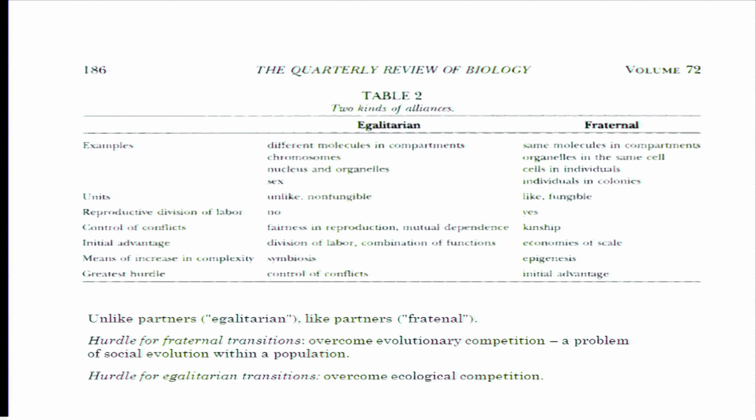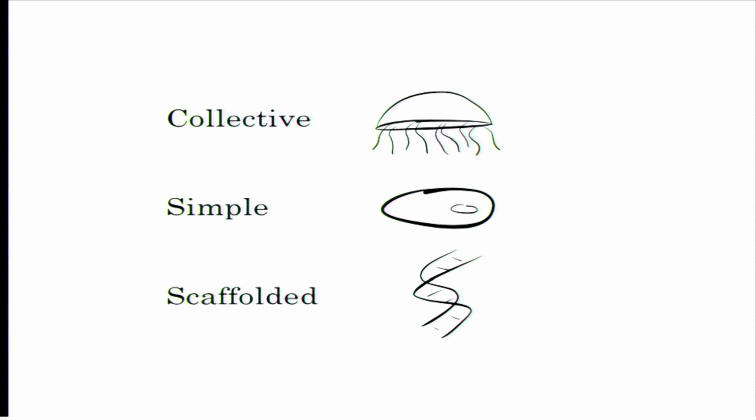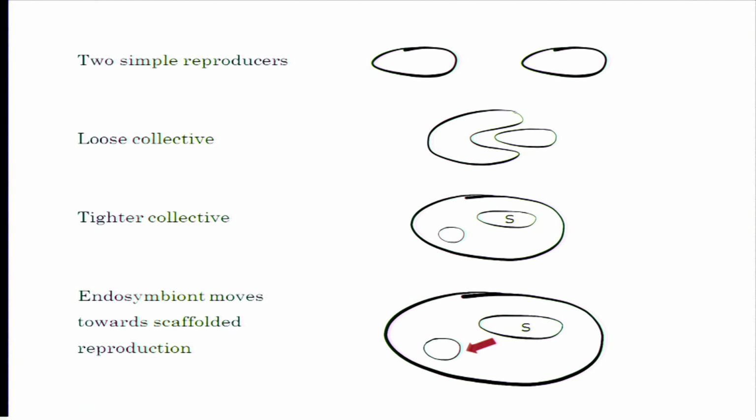Now, in cases like that, there are a series of shifts between the categories that I described above, which are different from the ones you see in fraternal transitions. We start with two simple reproducers, two prokaryotic cells. It's the paradigm for me of a simple reproducer. They then form a certain kind of collective, initially a very loose one, because all you have is a kind of engulfing,